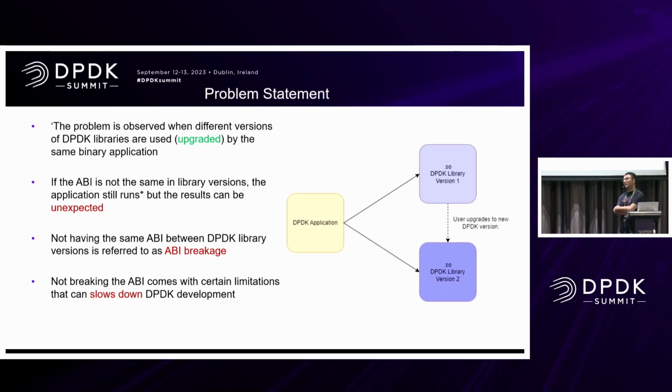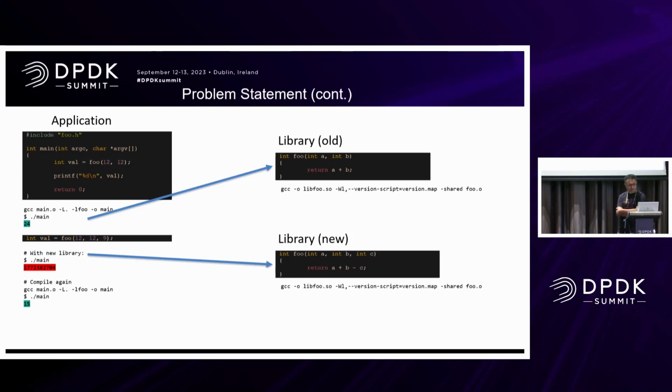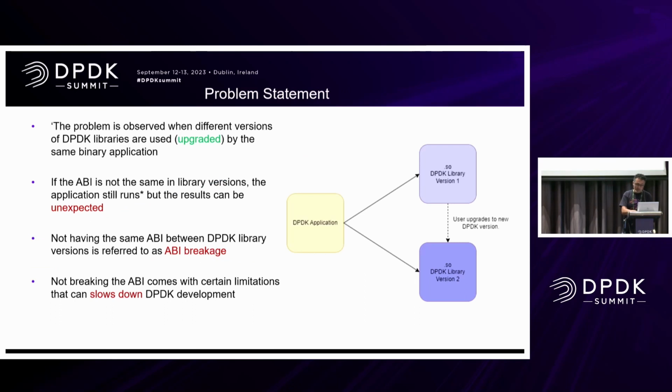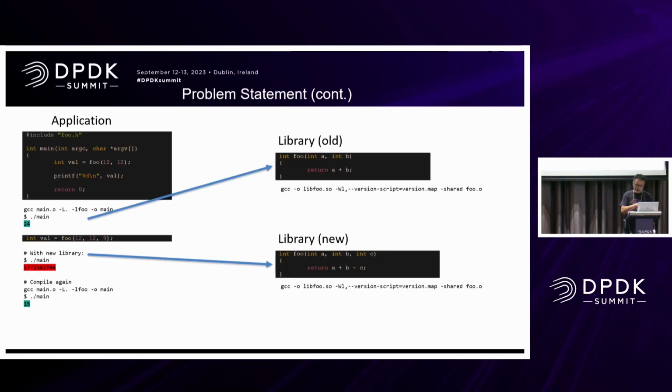And we care for users, and we want to make their life easier. That's why we are trying hard to have a stable API. But we let it break once a year, like in the movie The Purge, maybe. But mostly we try to keep a stable API. Now, let me show you how it can be a problem. When the library changes and the ABI is not compatible, it will be a problem. Trying to have a stable ABI slows us down a little in development.